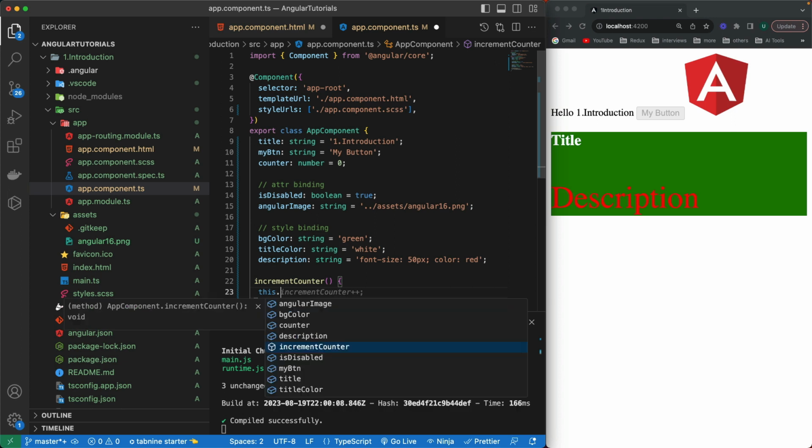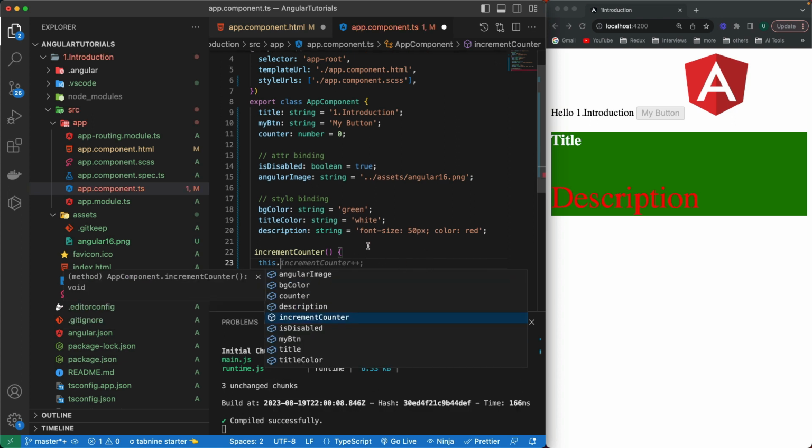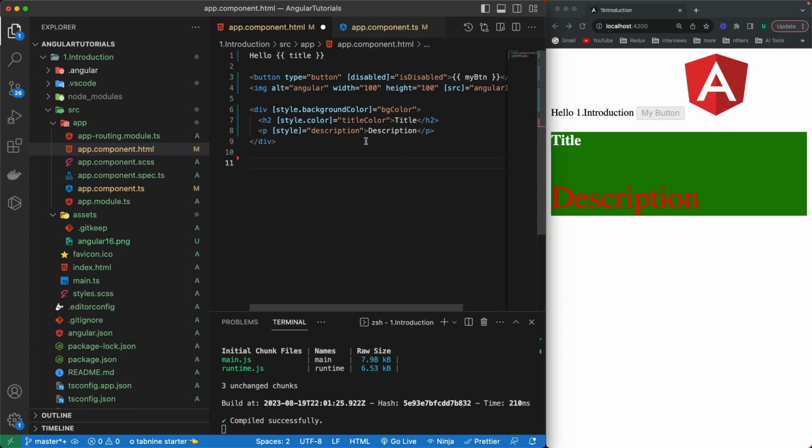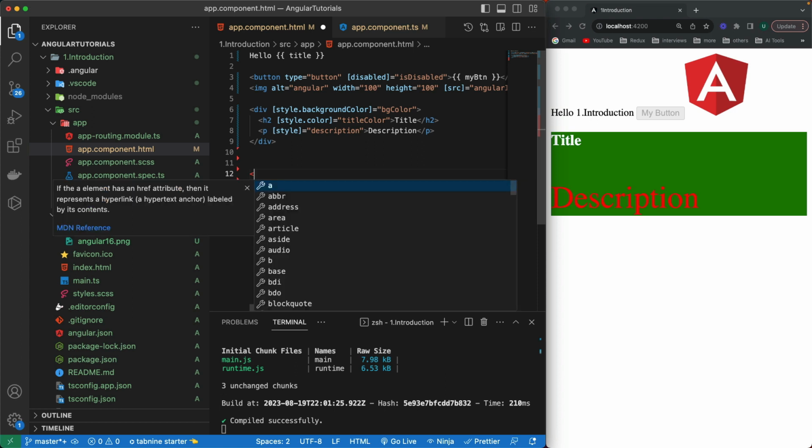and inside it I can use this keyword. This will refer to all the variables which I've created in this particular component. So I can use this counter variable by writing this dot counter plus plus, which will increment it by 1. All right, and now in my HTML file I can actually go to here, and I can actually write the button,